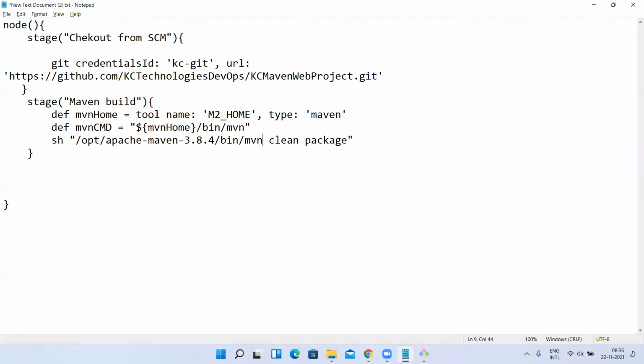So I'm going to read the maven home directory, get into the bin location, and there I'm executing mvn clean package. But I don't want to do it hard coded. I'm reading it dynamically using the Jenkins pipeline script tool concept, right? Here it is, I just showed you the path. So here it will be equal to this: maven home directory, bin location, mvn clean package. Here I'm executing, so my project will be built, right?